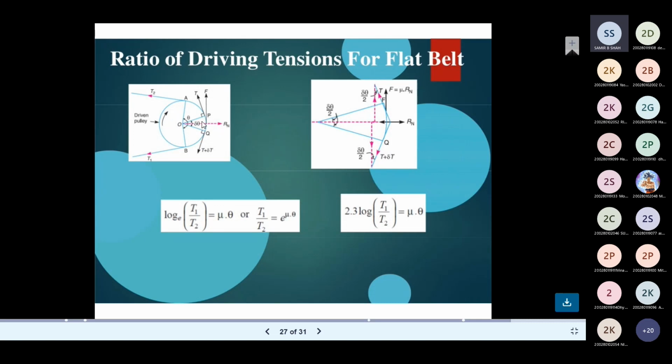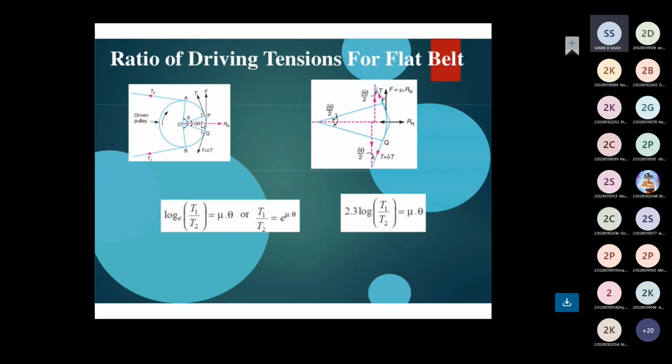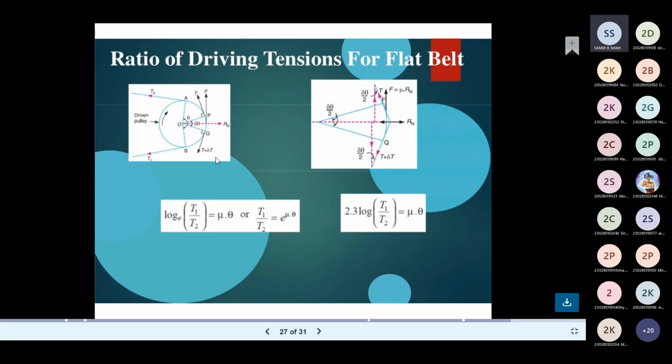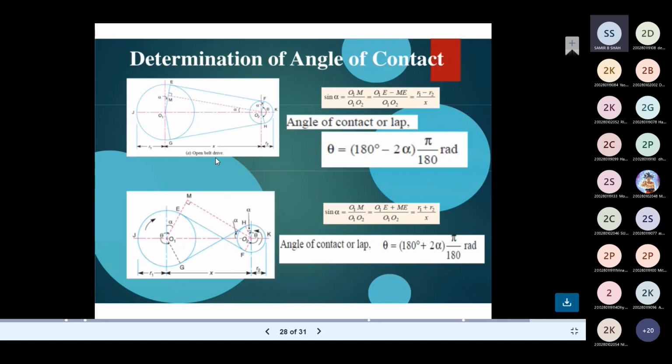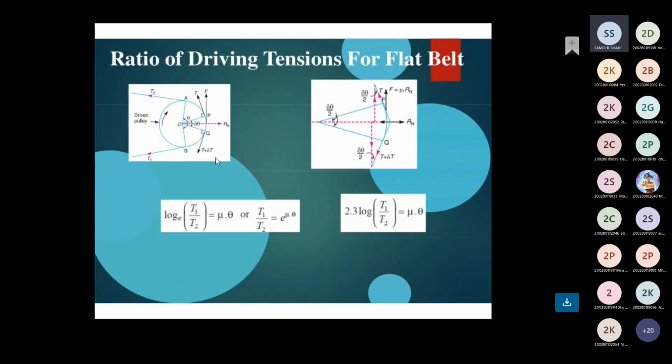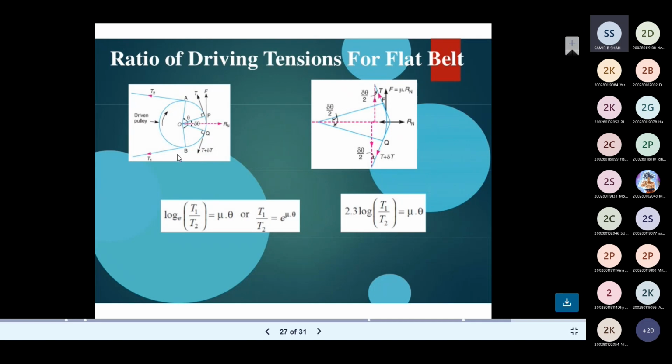As we know from the previous discussion, whenever theta is small, sine theta is equal to theta. So here sine del theta by 2 is equal to del theta by 2. So we get that Rn is equal to, remember, it is not specified here, but I just mentioned that Rn is equal to, the reaction we are getting horizontally, T into del theta. Now talk about the vertical reaction, which is very easy to understand.